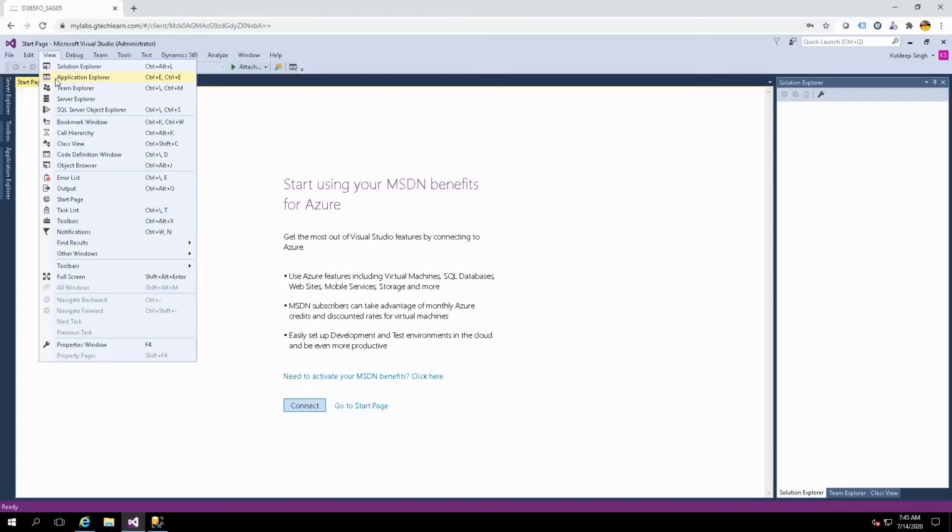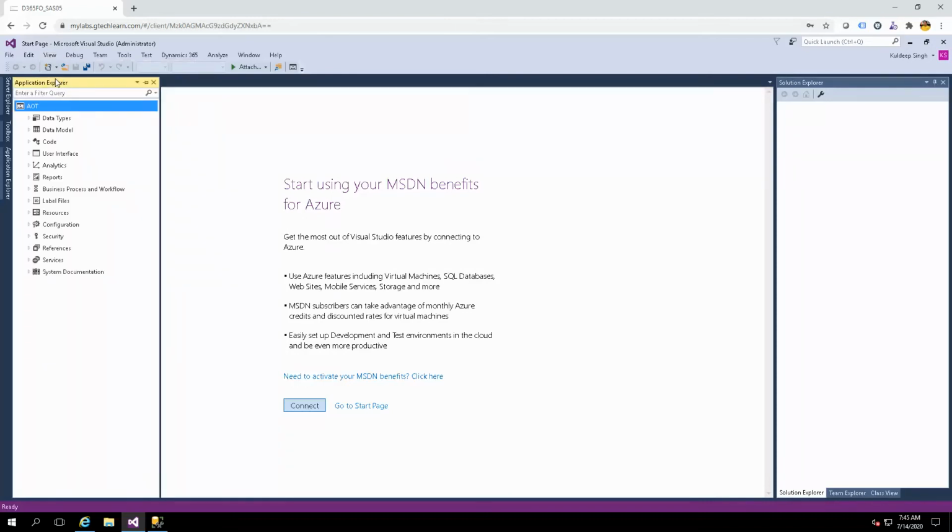That was available in Dynamics AX 2012 as well, when we used to have the SSRS reports deployment right from there. But now, since every single thing has been shifted to Visual Studio, the Application Explorer is the AOT representation, the application object tree representation, on which we would be doing lots of things, whether this is related to some of our data types, the base enums, the extended data types, how we work with EDTs and how